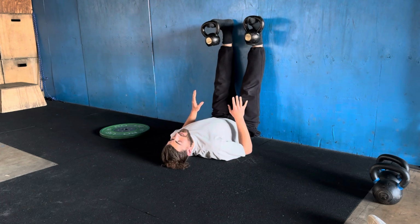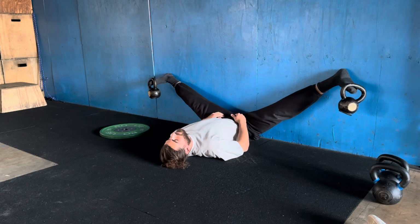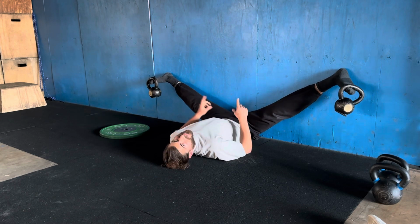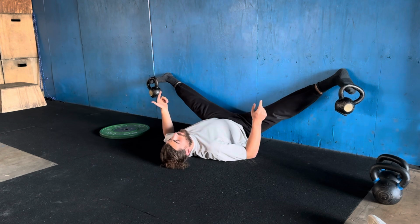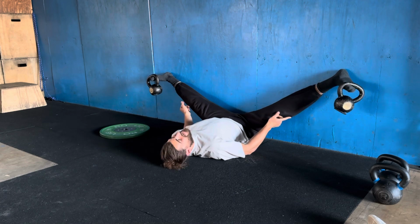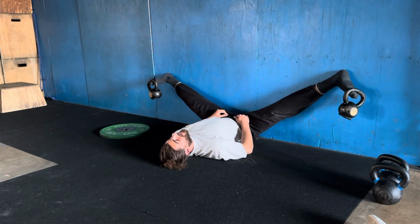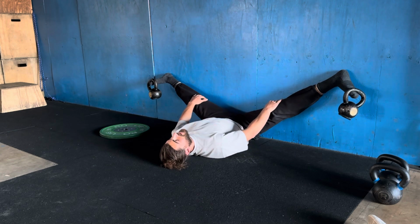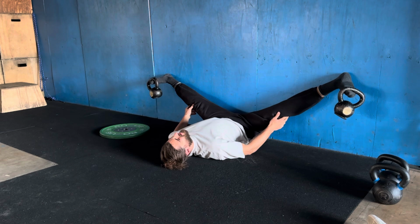One of the other really nice strategies I like to use is just static holds at the bottom. Two things I like to do here. Contract, relax into rotation. If you have hip impingement, we know we want to contract and relax into rotation. So adductors are internal rotators. I'm going to pull my toes into the kettlebells as if I'm trying to internally rotate my femurs. 5 seconds, relax, actively externally rotate. Inhale, exhale. If my legs want to go down further, let them go down. Again, contract, inhale,